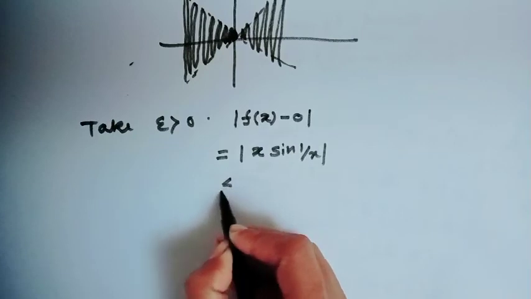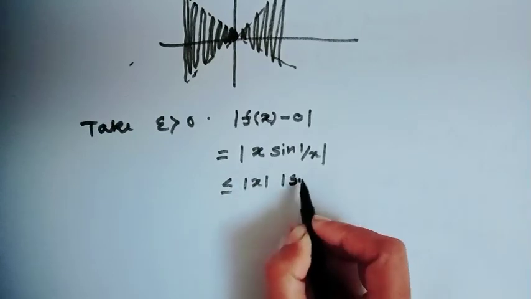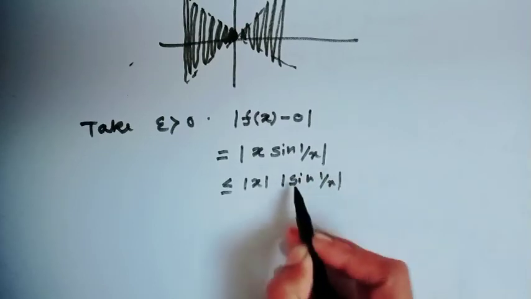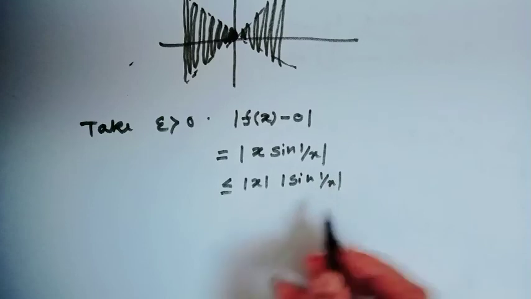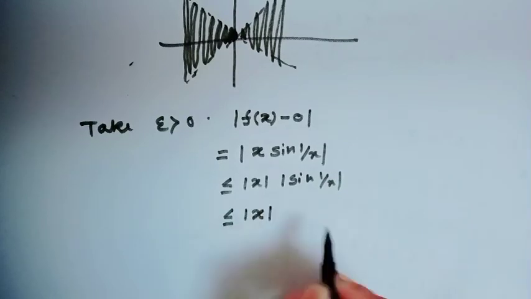This is less than or equal to the absolute value of x times |sin(1/x)|, and this value is always less than or equal to 1. That means this is less than or equal to modulus of x,